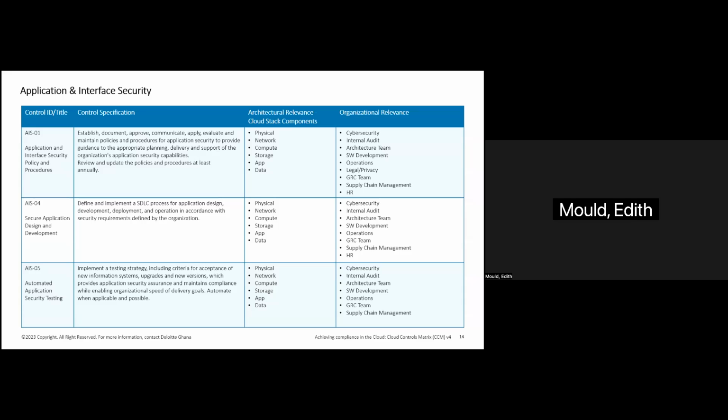Now, the next control we look at is control 4, which talks about secure development. It is basically stated that you define and develop a software development lifecycle in accordance with policies defined by the organization. So all the controls originate from the policies that have already been spoken about in the first control. And this control is a shared responsibility for infrastructure as a service and platform as a service, but it solely sits with the cloud service provider for